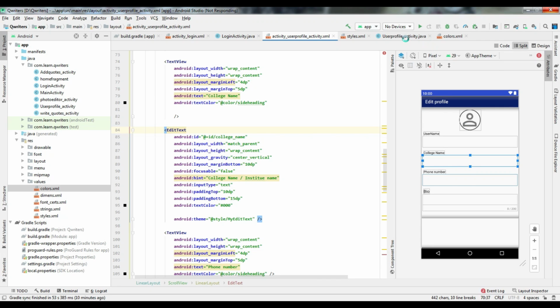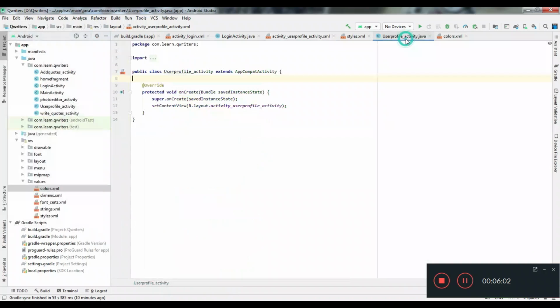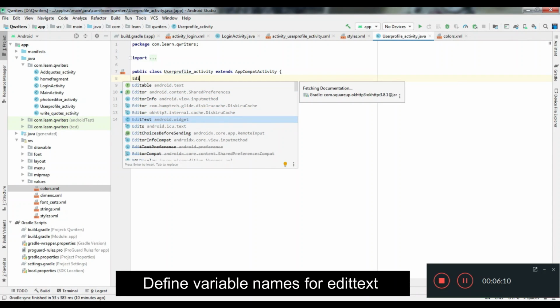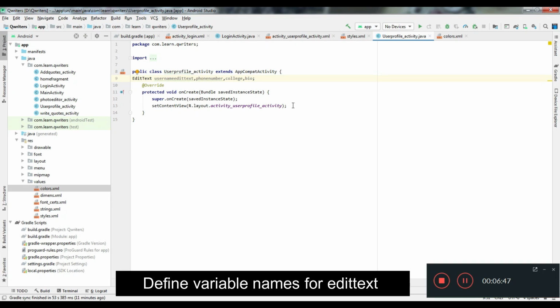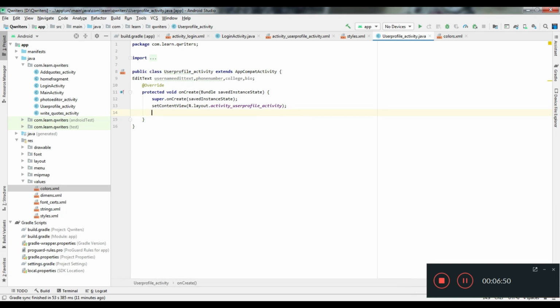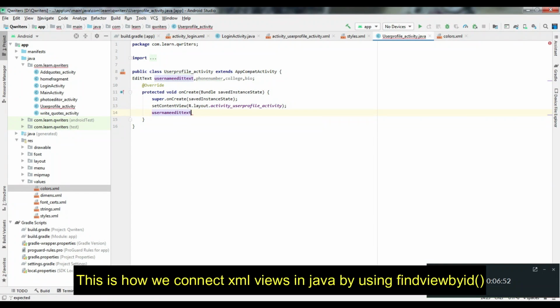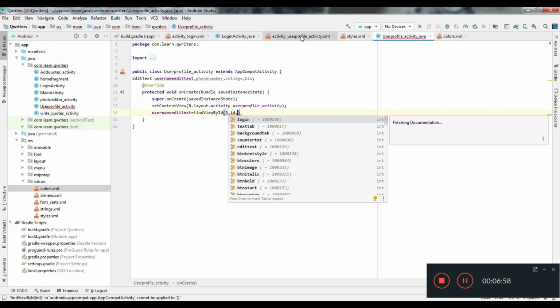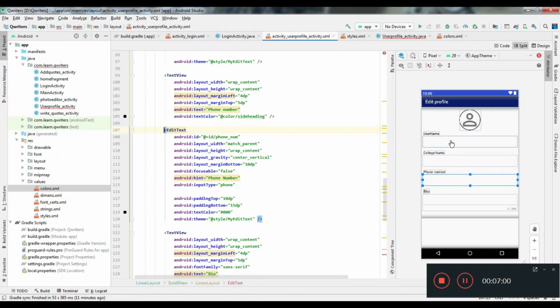Let's go to the Java activity and define the EditTexts here. Let's find view by ID. The username EditText is equal to findViewById(R.id. and here you can check what we have defined as the ID of the username EditText.